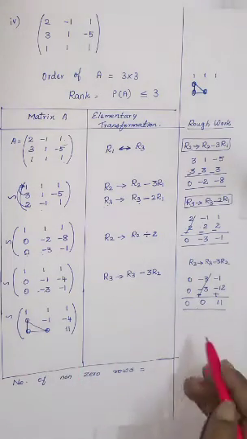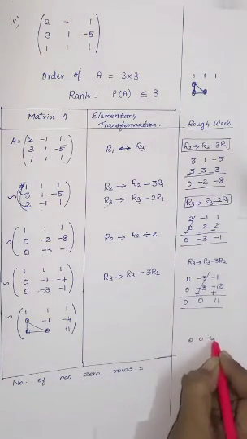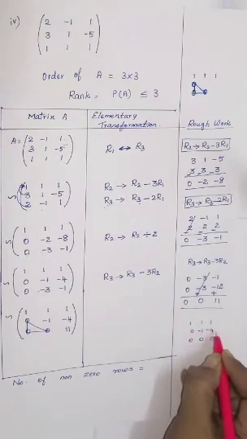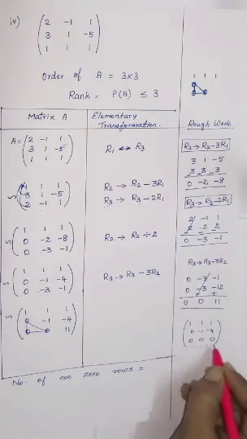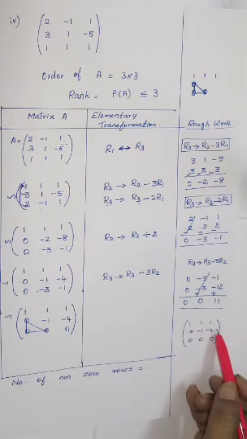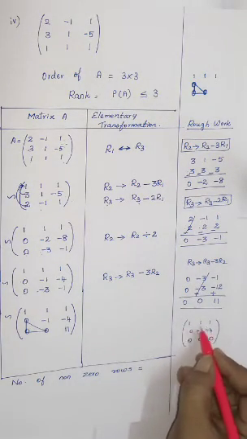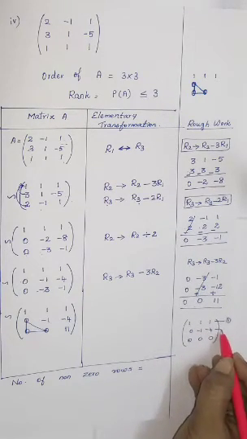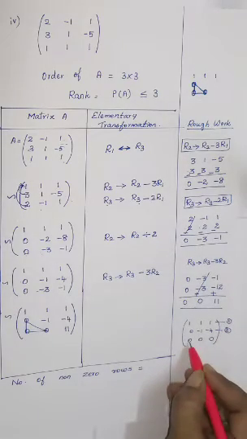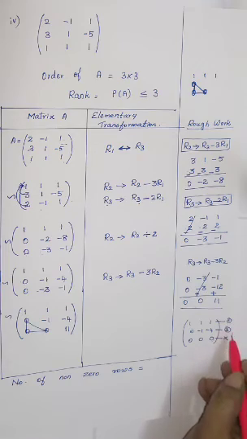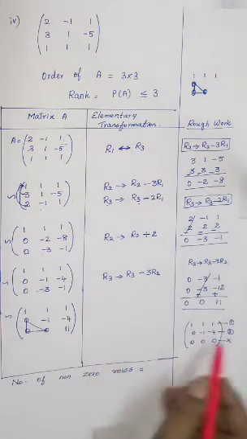So zero rows means all the rows should become 0. That should have 0. If it is like this, 1, 1, 1, 0, minus 1, minus 4, then if your last row is 0, 0, 0, this is only 0 row. Okay. So that is, if any one element has a number other than 0, then that is called a non-zero row. Okay. So now you can see here we have got numbers. So this is one non-zero row. Again here also you got number, this is one more non-zero row, but everywhere this is 0, so this is not a non-zero row. Okay, so 1 and 2 rows are there, non-zero rows, but here you can see, this is for your example only.